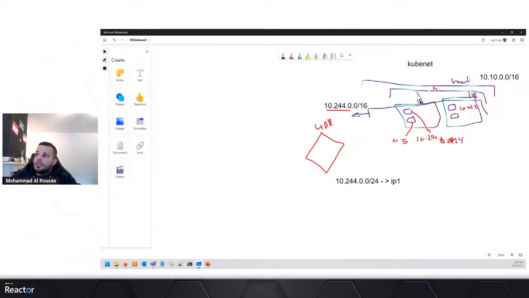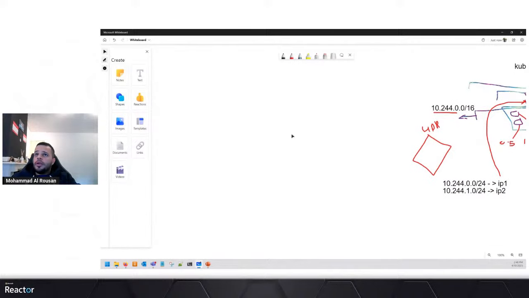This IP. And the traffic going to the second node, 10.244.1.0/24, send it to the second node, which is this node.